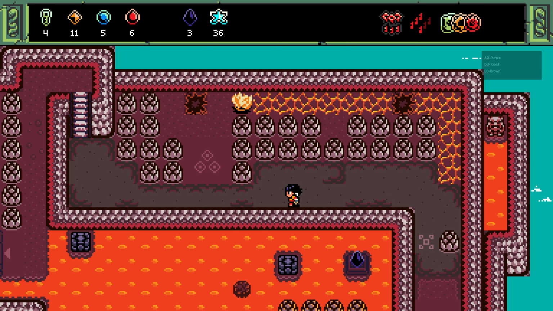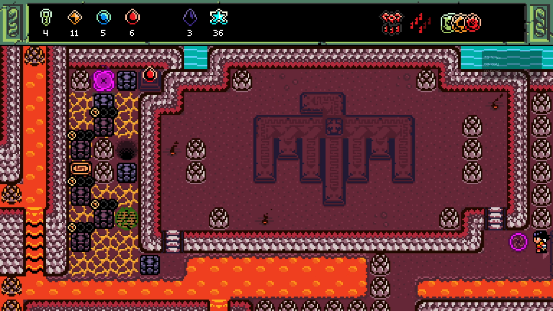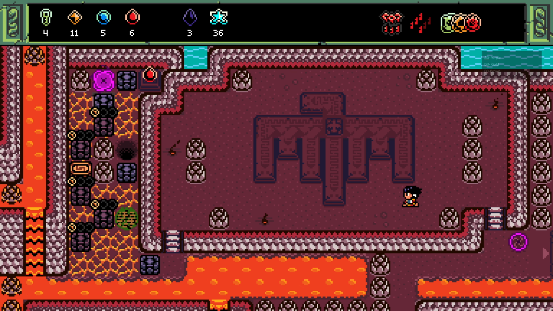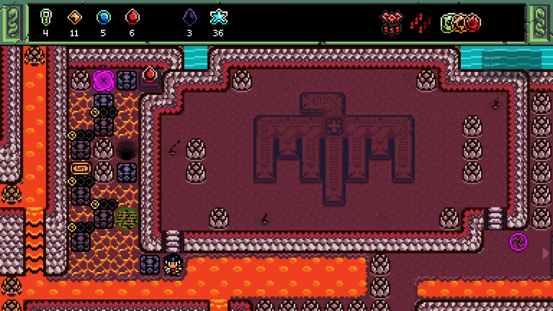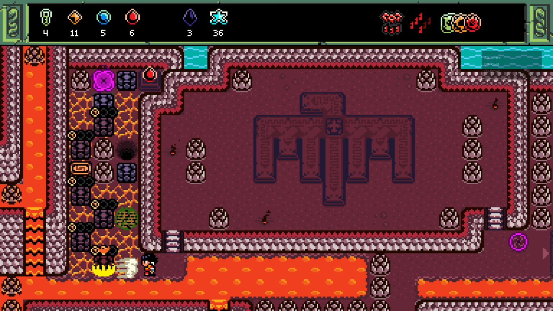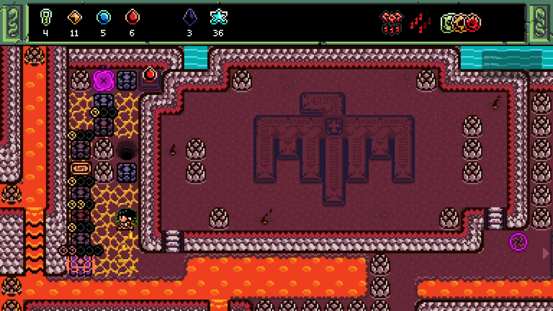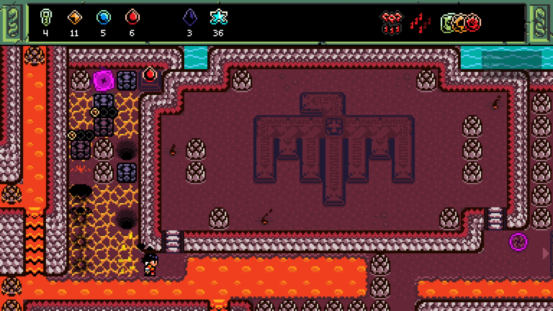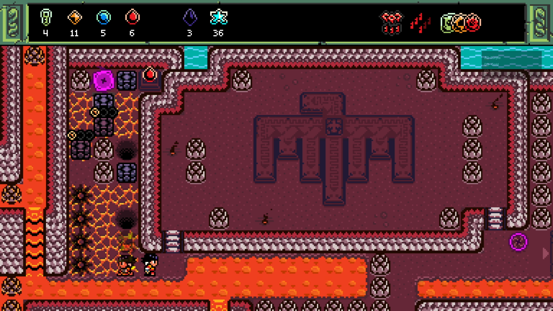Just guiding that long line of fire. Up here. I wonder now. Can I do this puzzle differently now that I have the ability to take 6 steps on fire? Surely I can. Alright, well, not there, but...